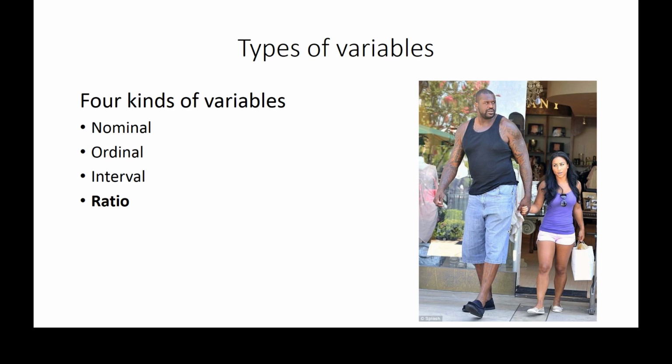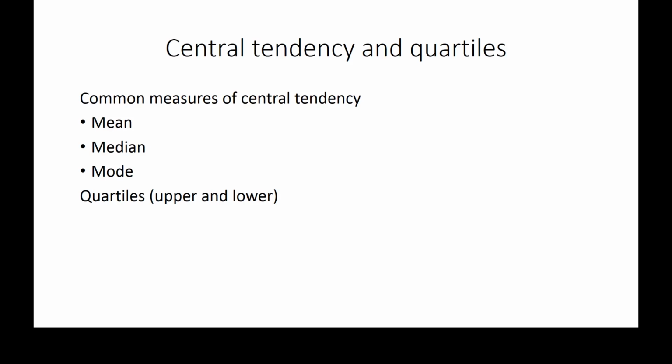If we measure temperature in Kelvin, then temperature also becomes a ratio variable. And we have that 20 Celsius is about 293 Kelvin, and 10 Celsius is about 283 Kelvin. So we see that 20 Celsius is not twice as hot as 10 Celsius, right? Because the difference is really between 293 and 283. So that's all I have about types of variables. So let's move on to the next subject, which is measures of central tendency and quartiles.